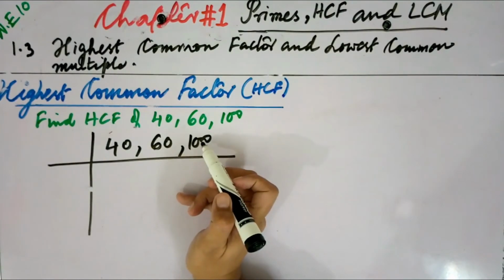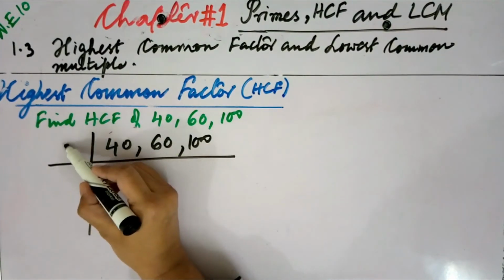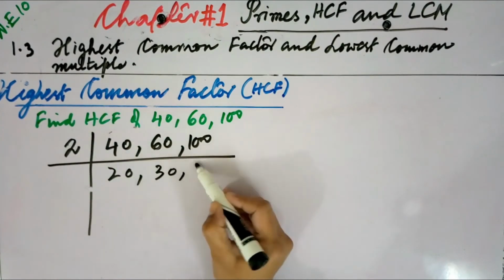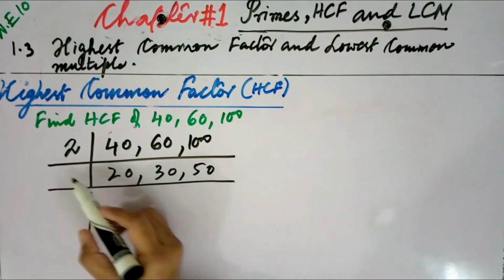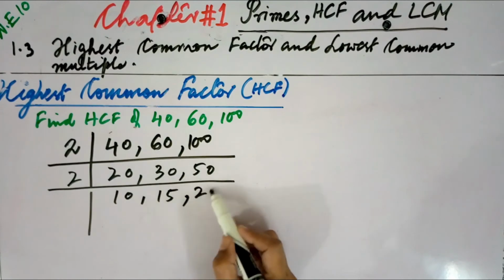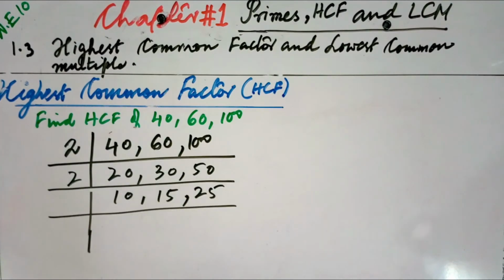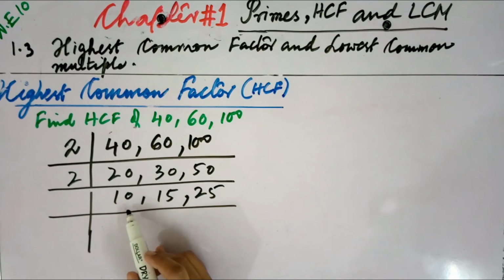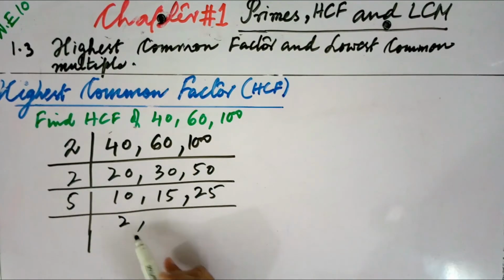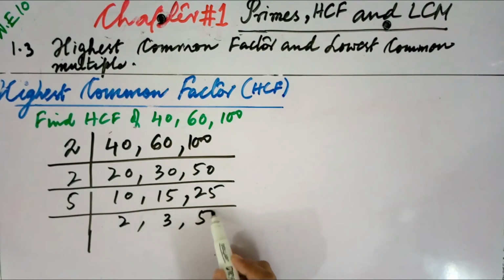Now we will take the common prime factor among these three numbers. What would it be? That would be 2. So 2 2s are 4, 2 zeros are 0, 2 3s are 6, 2 zeros are 0, 2 5s are 10, 2 zeros are 0. Now 2 10s are 20, 2 15s are 30 and 2 25s are 50. What would it be now? We cannot take 3, we can take 5, which is the next prime number after 3. 5 2s are 10, 5 3s are 15, 5 5s are 25.